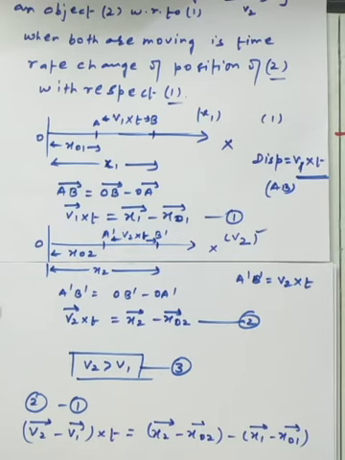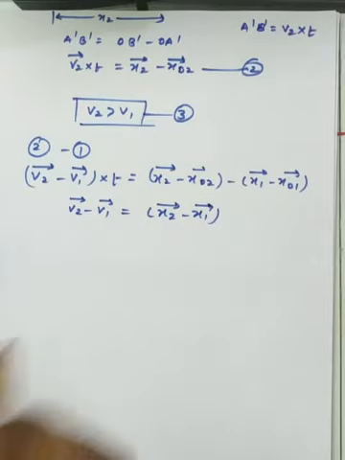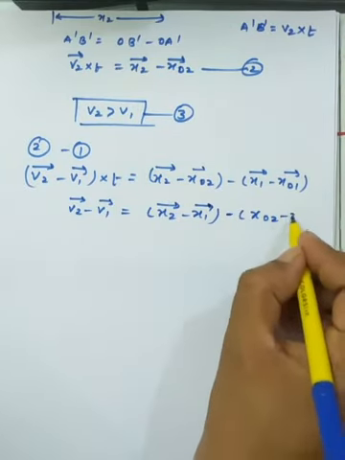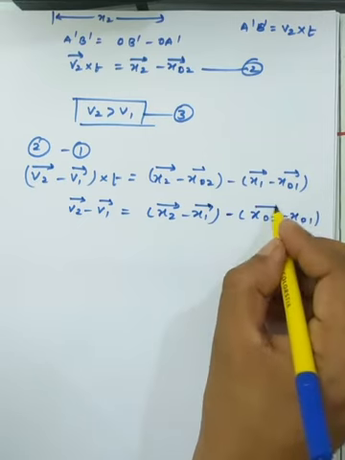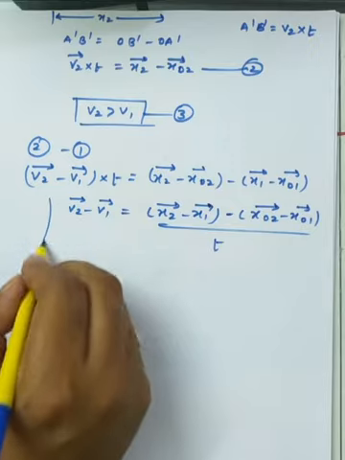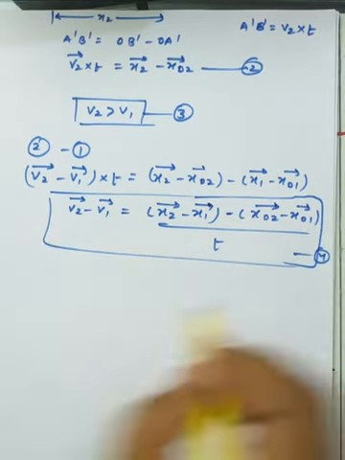Further simplifying, v2 minus v1 is equal to x2 minus x1 vector minus x02 minus x01, divided by t. So this is equation number 4, and this equation number 4 matches up with the definition